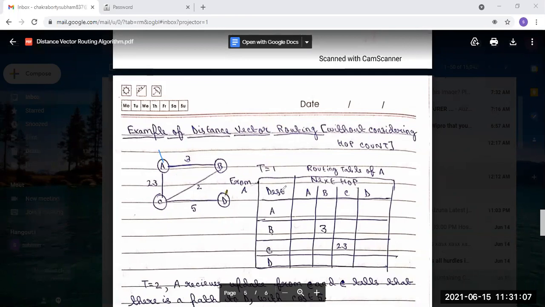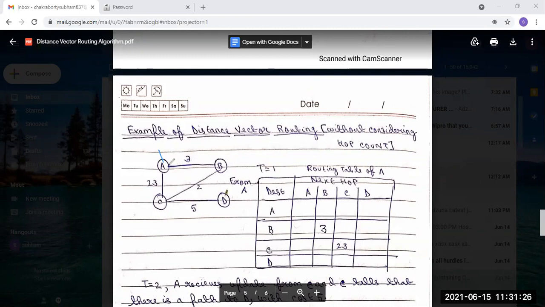In it, the destination address will be present, and the next hop will be present. So destination addresses A, B, C, D, and next hop addresses also A, B, C, D, because of the number of vertices present here.